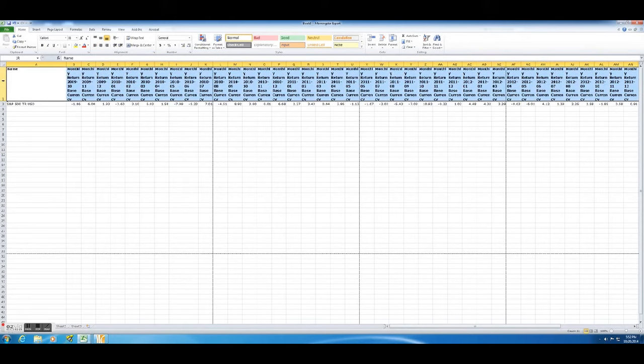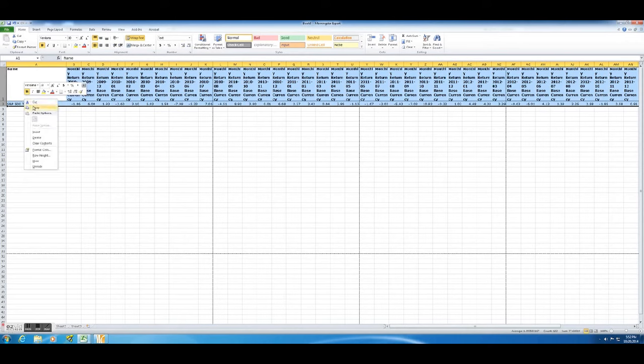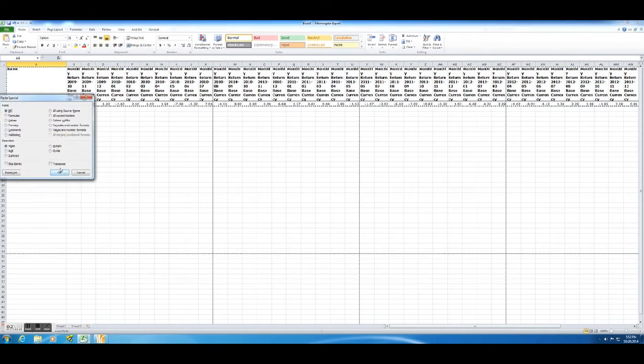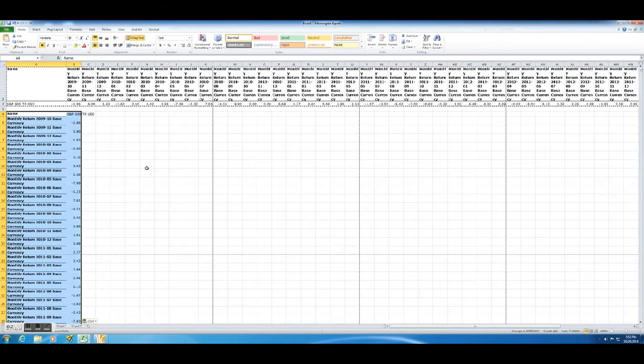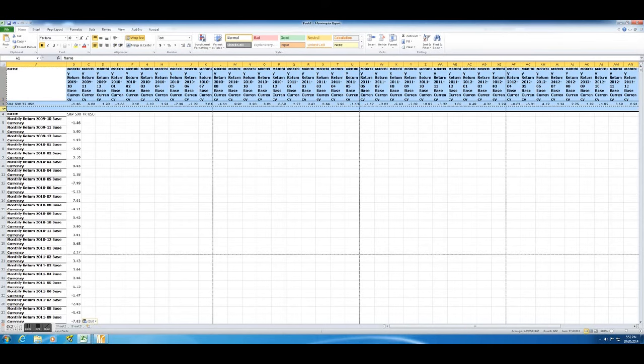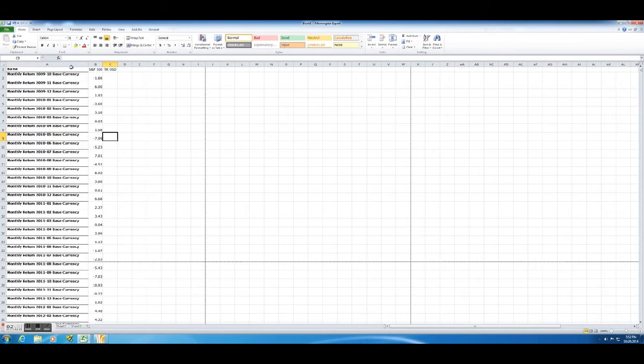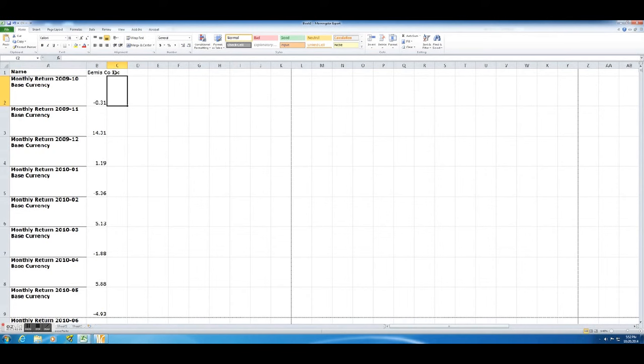Let's highlight these, copy, and paste special like we did before. And let's do the transpose. Click on OK. Let's get rid of that row data. There we go. Now let's highlight these first 2 columns. Let's copy them and let's put them back in right next to our stock return data. Let's go to that other spreadsheet, paste it in,